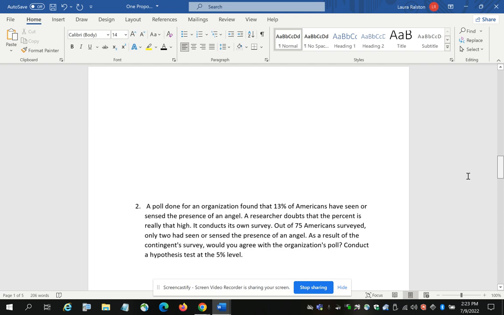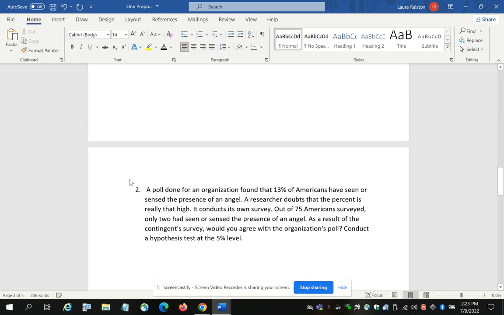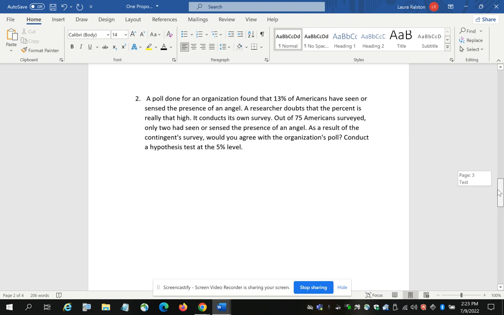Okay, so let's take a look at a second problem. The second example says a poll done for an organization found that 13% of Americans have seen or sensed the presence of an angel. A researcher doubts that the percent is really that high. He, I guess I should say, or she, conducts his own survey. And so out of 75 Americans that he surveyed, only 2 had seen or sensed the presence